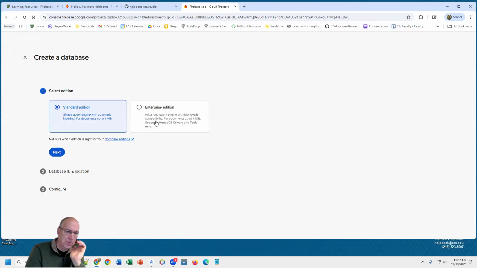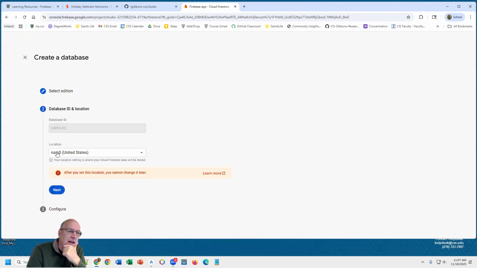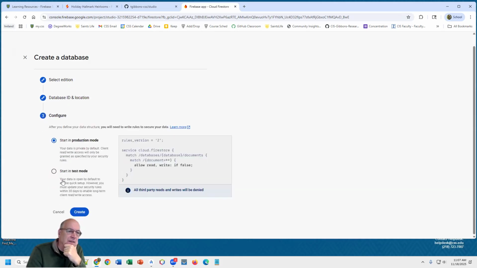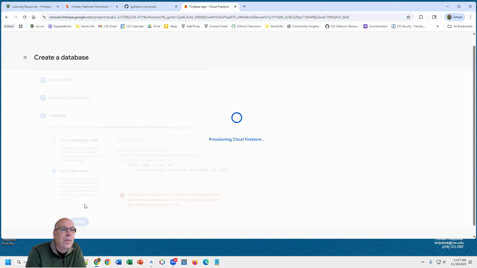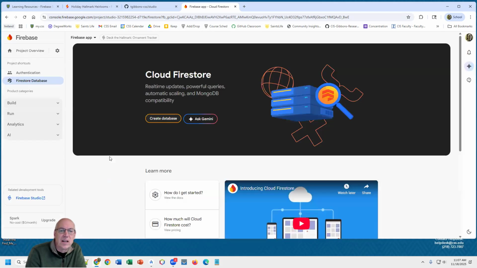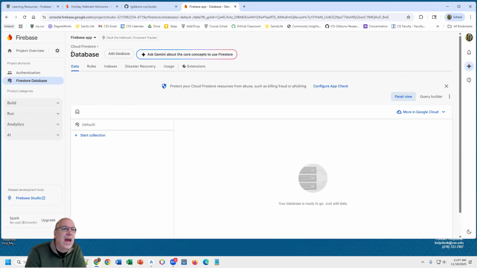Create a database, standard. All this is fine, default, and configure it in test mode. So it'll be good for the next 30 days, and create that. So I'm creating a Firebase project, and now I'll see if, now that I have that,